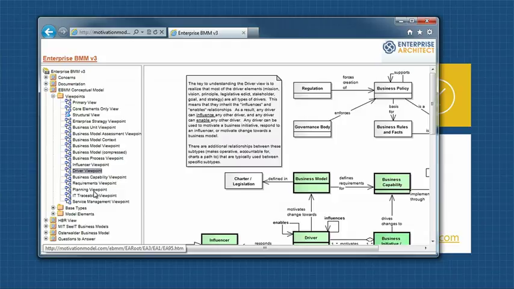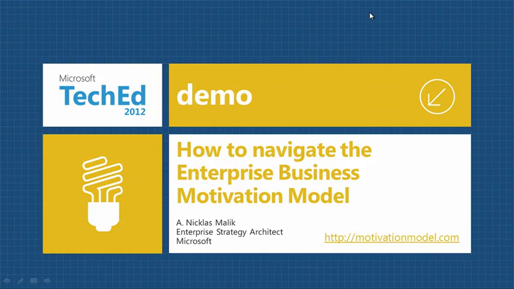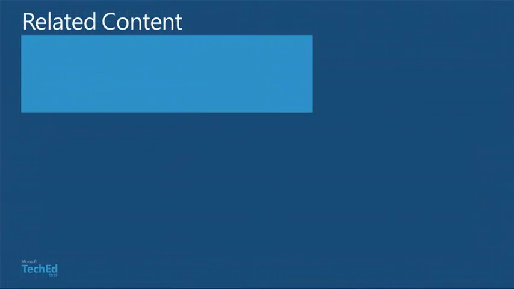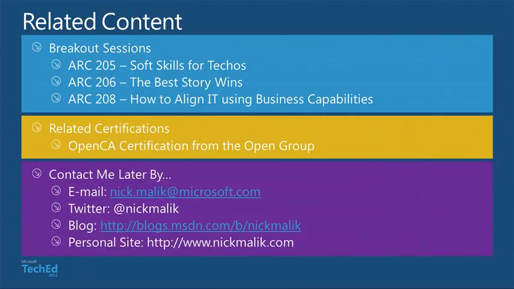So all of these are different views. If you want to know what any one of those terms mean, you click it, and it'll give you the definition. So this just gives you an idea of the different terms and terminology of business architecture. It's a way of having a common language. The goal of me creating this model was to bring together the various different frameworks that existed, because there are a number of frameworks on business architecture that don't use the same terms. They overlap, they conflict, some of them are missing major gaps, so this is a way of just bringing it all together. There's no methodology attached to it, because the idea is to support existing methods.